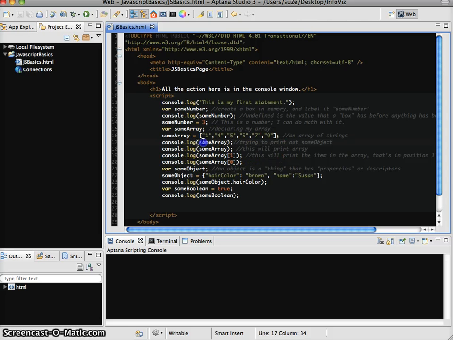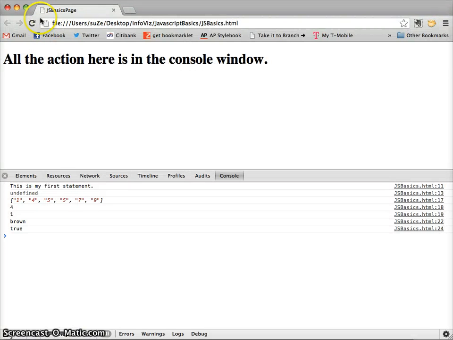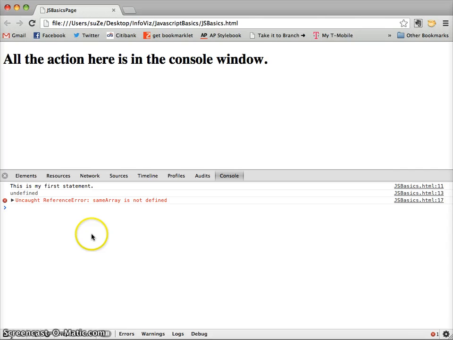Now, you may have noticed that I have a little typo here. I wrote same array instead of some array. Okay, so this is just a flag for you guys what happens when the names of your variables, the names that you're using in your code, don't quite match. Okay, so I'm going to save this, and when I come back to my console log and reload it, okay,